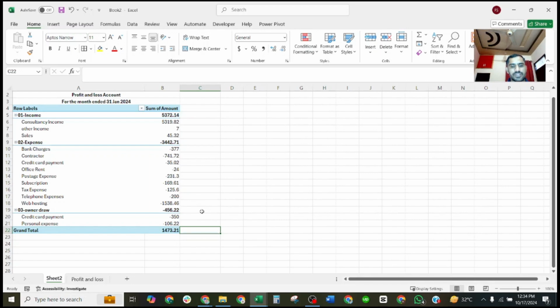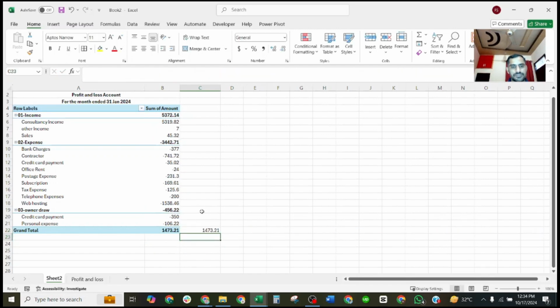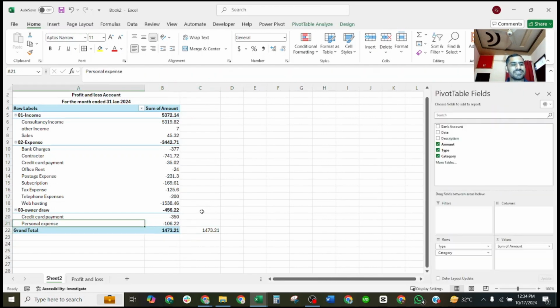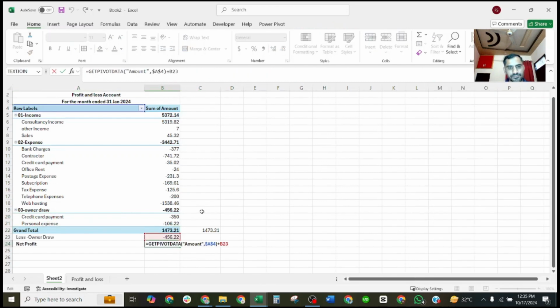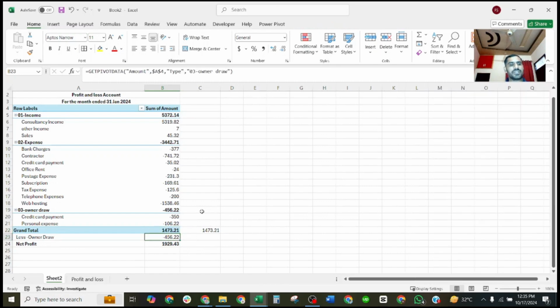How 1473 was created, I just want to show this one. This is income, and this is expense, so income minus expenses minus owner draw. This created 1473.21, but if you want to say that I want to exclude the owner draw, I shall re-add it, because there are two ways. You may just take this owner draw and add it to this profit one. I have created a formula: 1473 this cell plus 456 add back, and it will show our net profit here, 1929. So this is our net profit, and in this way you can create your profit and loss accounts